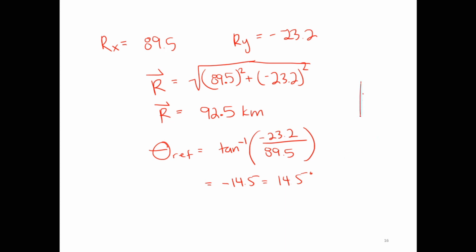We always have to check. So let's look at what we've got. We've got positive x and we've got negative y. Positive x can be here or here. Negative y can be here or here. So quadrant 4 is the only place they can both be. So we're going to be in this quadrant, which means in order to find the real angle, we're going to take 360 and subtract 14.5, which gives us 345.5 degrees. Okay, so that's our answer, 92.5 kilometers